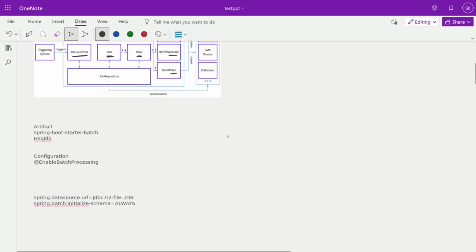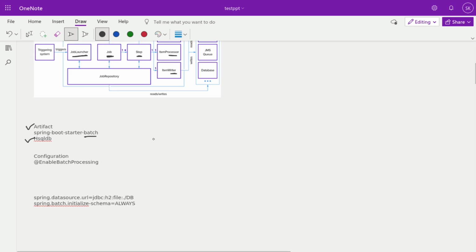To enable Spring Boot Batch in our application, some artifacts need to be added, like spring-boot-starter-batch. Apart from that, all the data related to batching is stored in HSQL, so that database integration is also required.